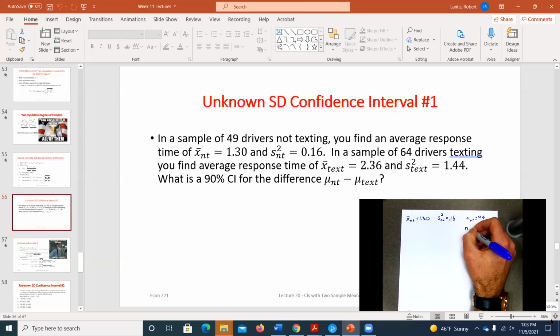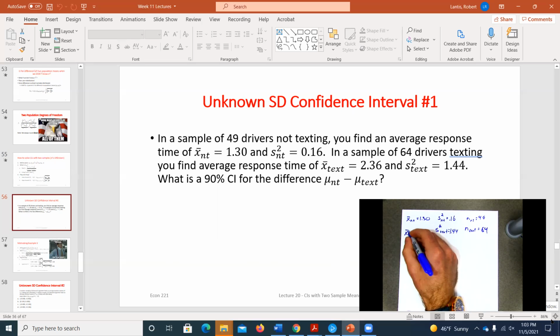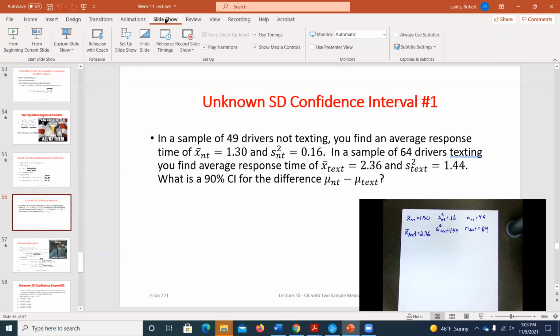The texters were what? Sample size 64. Their variance 1.44. And then their response time 2.36. Okay. So we want to build a 90% confidence interval